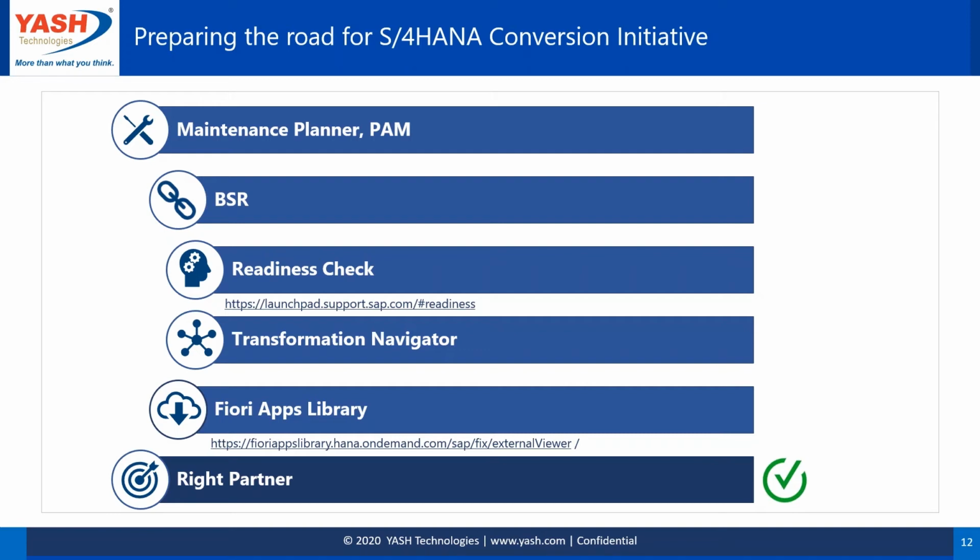And there is BSR, the business scenario recommendation report. We have seen a lot of good things about S4, but what is in it for me, for my system? Because I've done some implementation, there is a way that my users use the system, what kind of data they punch and everything. So BSR is something generated out of your data. It is very easy: you download a certain set of trace data from your system for the last one month, then go to a website and upload it.